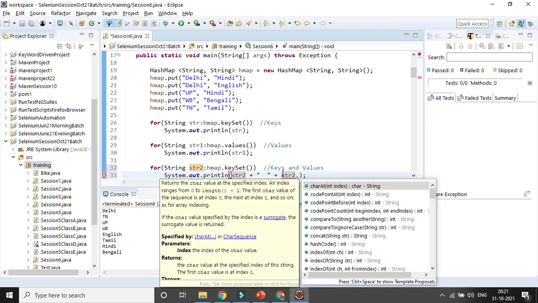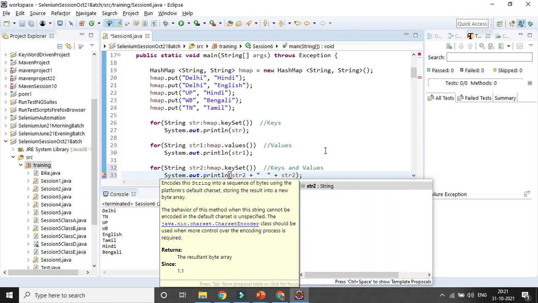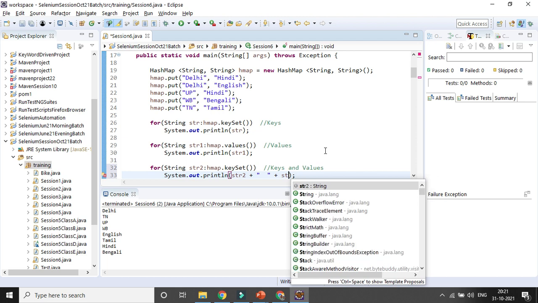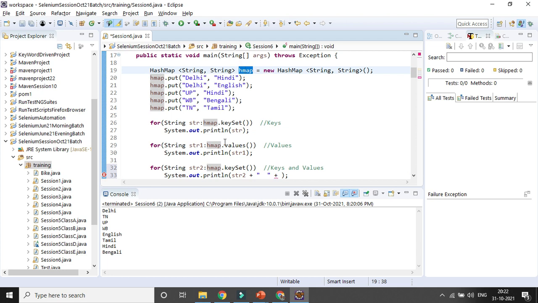It is just giving me the value here, but what is coming? Okay, dot values, sorry, dot values. I think it will work. Let's try.